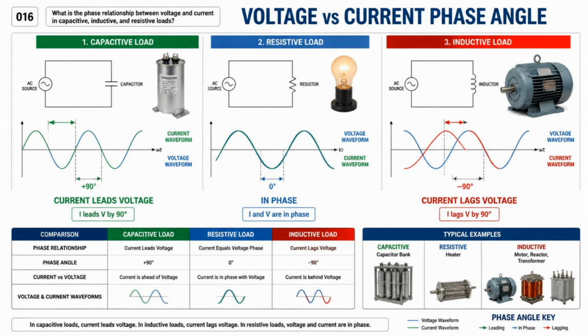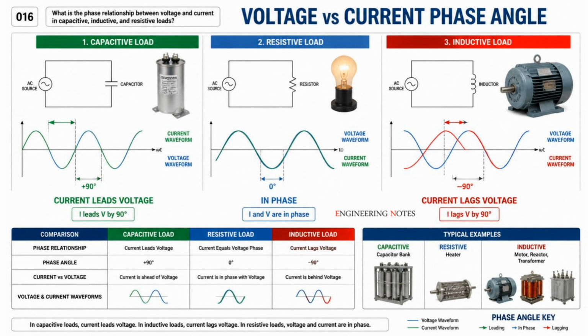Question 16. What is the phase relationship between current and voltage in capacitive, inductive, and resistive loads? In a purely capacitive load, the current leads the voltage by 90 degrees. In a purely inductive load, the current lags behind the voltage by 90 degrees. In a purely resistive load, the current and voltage are in phase, meaning they rise and fall together with no